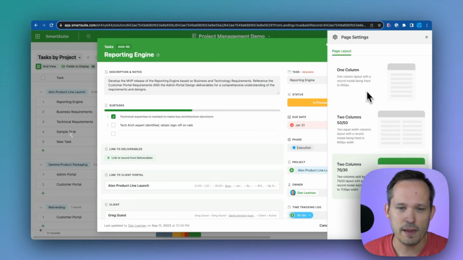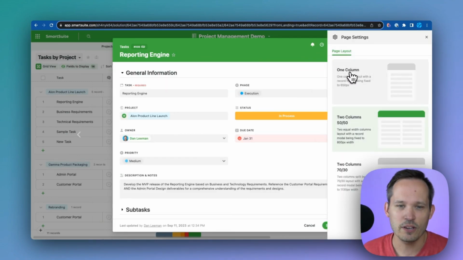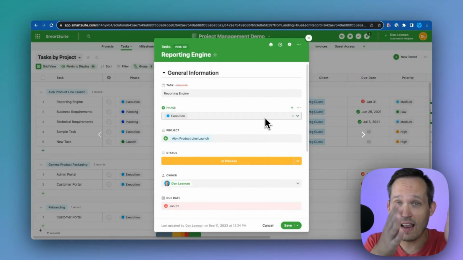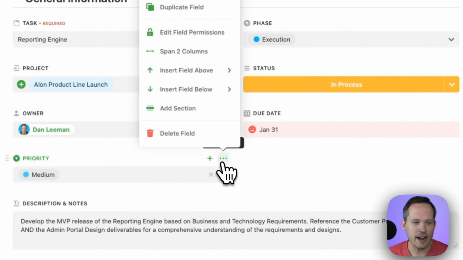Now I can click on those page settings and I could change this to be 50-50. Still two columns here. Or we could go in and make it all one column if we want to have that data very linear. When it comes to adding new fields, we can simply click on our action menu here